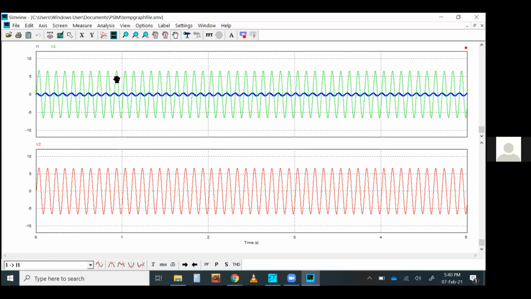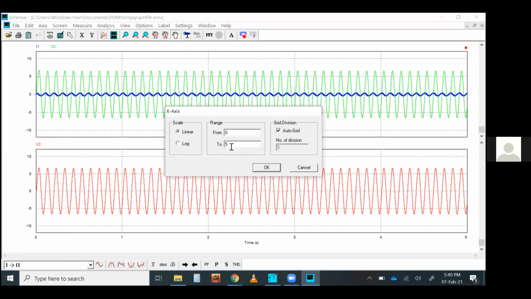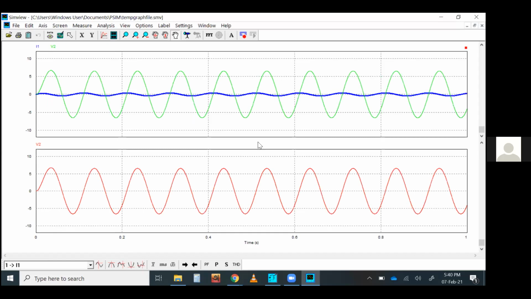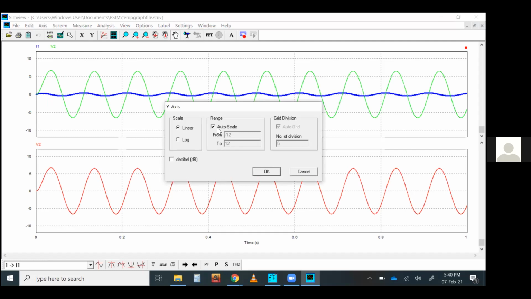Now you want to see only from 0 to 1 second. This portion you want to see so that it can be magnified. Okay, you can set the x and y axis parameters from here. Go to x, 0 to 5 seconds, put it 1. It will only show from 0 to 1 second of simulation data. So now you can see more clearly. Same goes for the y-axis. You can change the y-axis. By default it's autoscale, but you can change the scaling as well. How far you want to see, like that.